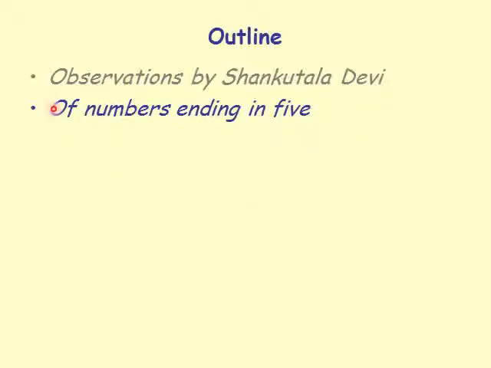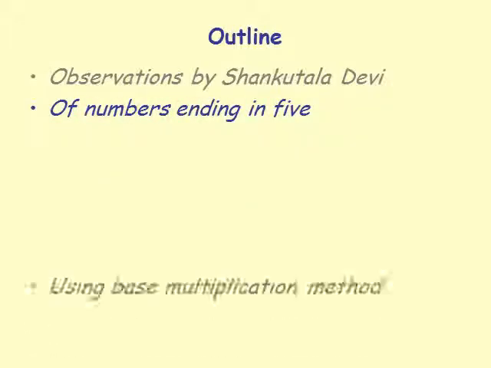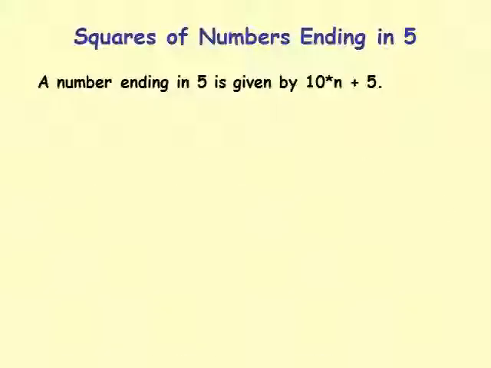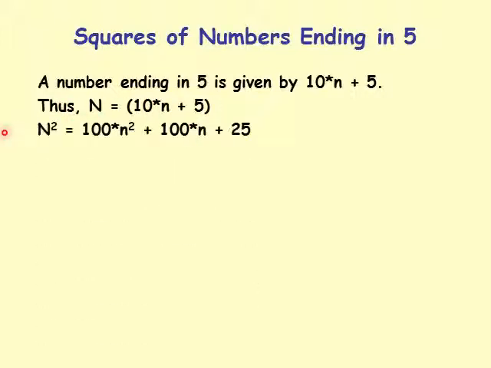The next section we will discuss is squares of numbers ending in 5. Let's look at how to do that. A number ending in 5 is given by 10 times n plus 5. These are numbers like 10n plus 5, and if I square that,